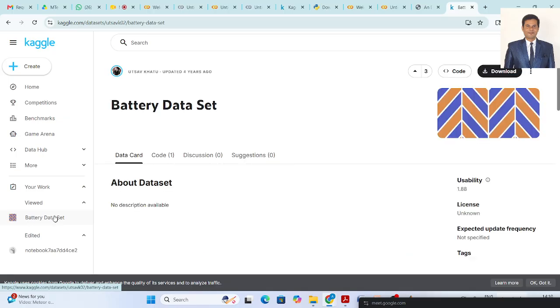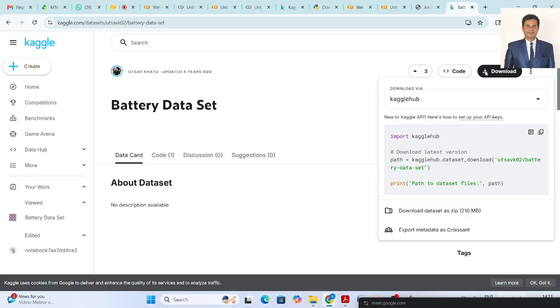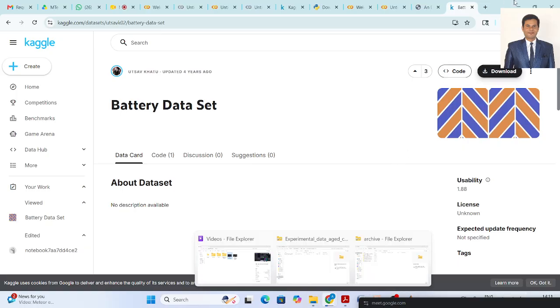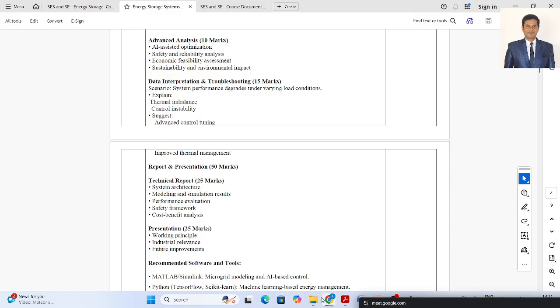If you go to the battery data sets, now here, your work, and try to download your battery data sets. So I will download the data sets over here in the zip file. It is getting downloaded. It is under progress. So once you get the data set, then you have to go to the actual of your data set